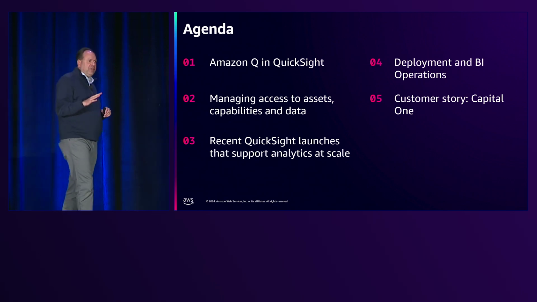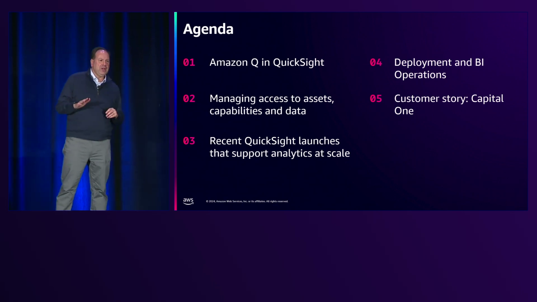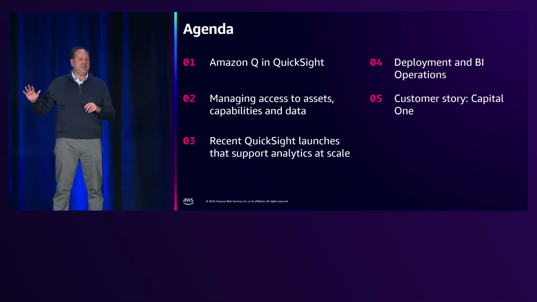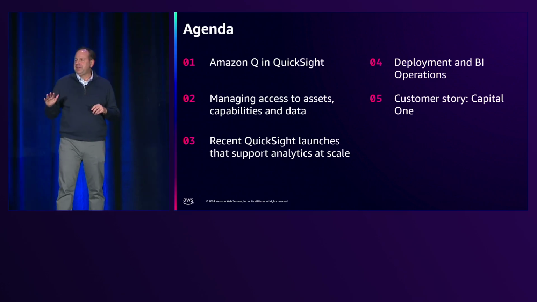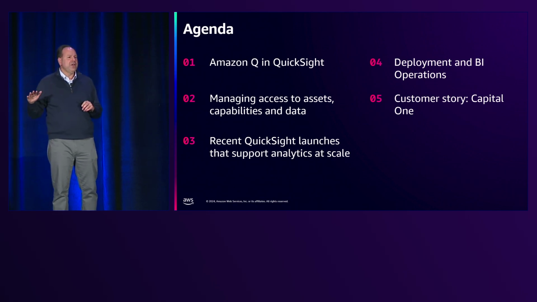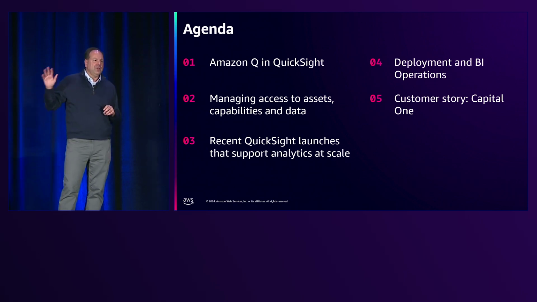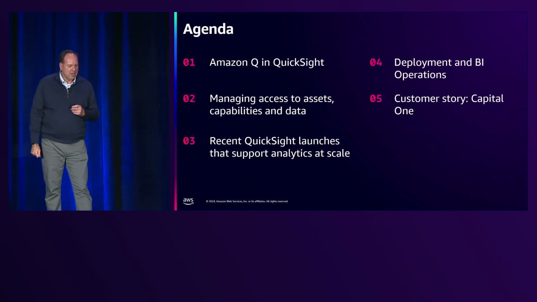By the way, I just checked the What's New page as of like 45 minutes ago. Did a little math because the data changes almost hourly at this point. We have 16 QuickSight launches since October. We have basically 8 of those in the last week, including some today. So if you haven't checked that, you're going to hear some of that as we go through the presentation.